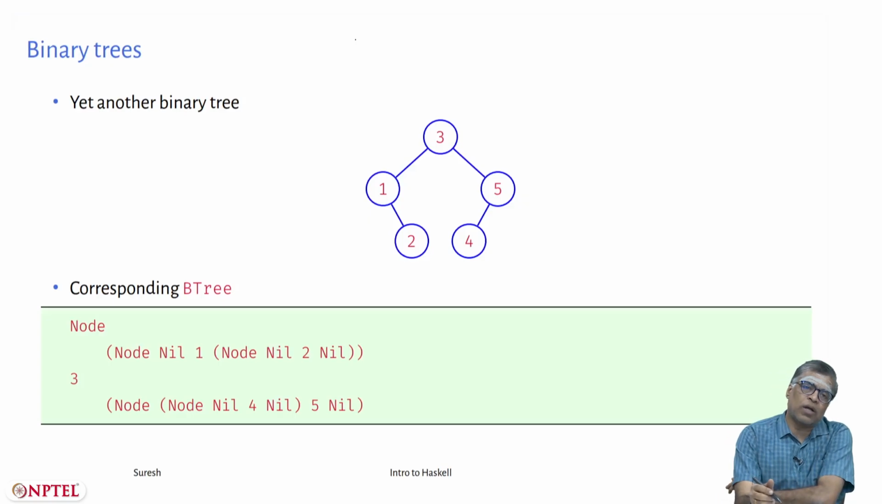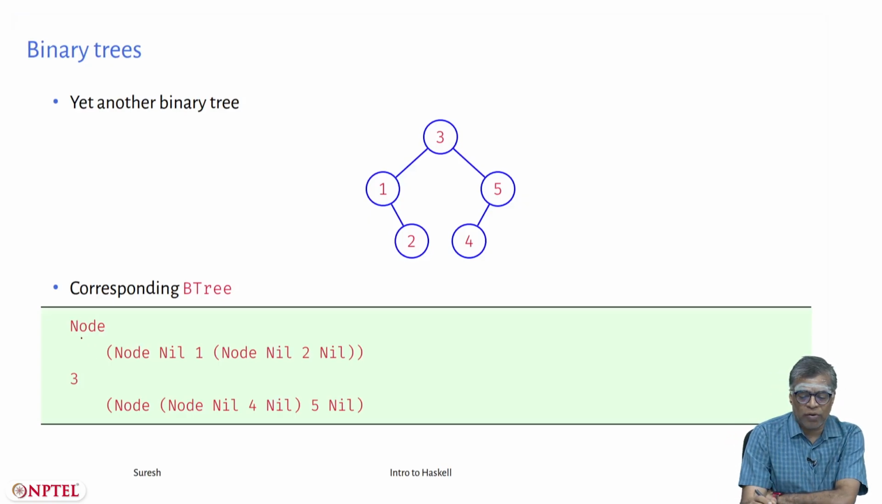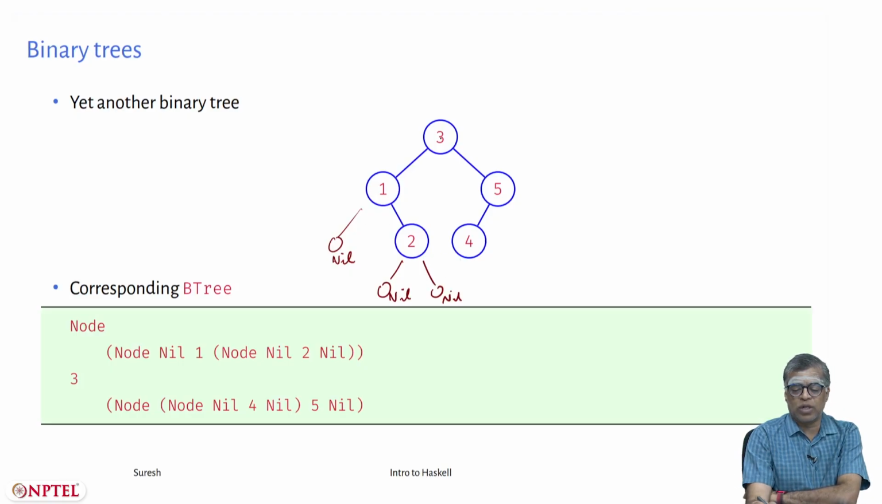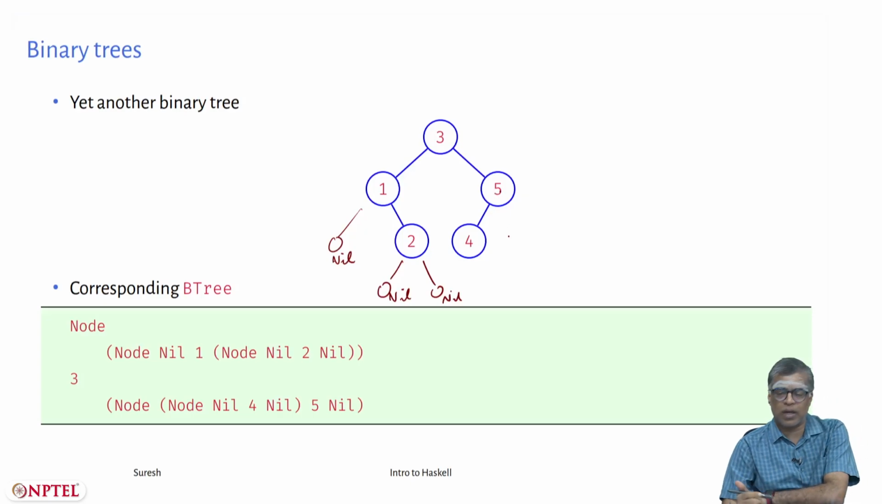Okay, and this tree would be represented as node of nil, this is nil, 1, and this is node nil 2 nil, and the root is 3, and to the right you have node of node nil 4 nil here, and 5 is the root and the right subtree is nil, right. So, this is how you